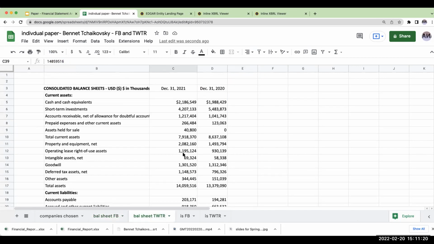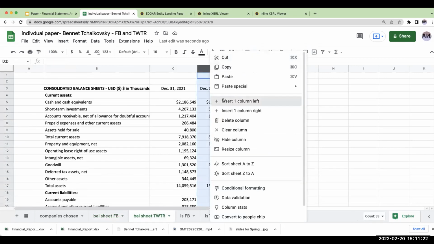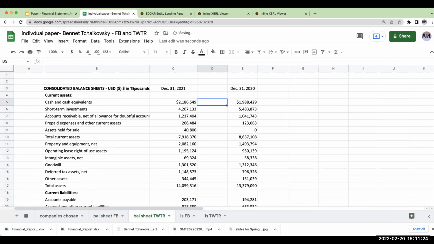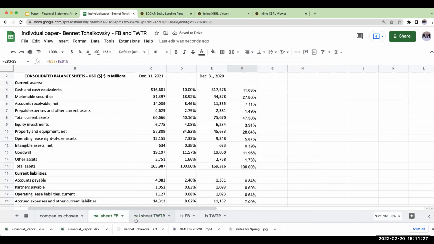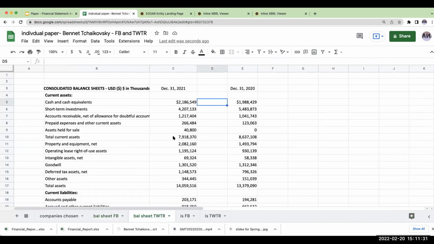Let's do the same thing with Twitter. Notice over here, everything is in thousands. Everything here is in millions of dollars. So when we look at the dollar amounts, we just want to keep that in the back of our mind. So over here for Twitter,